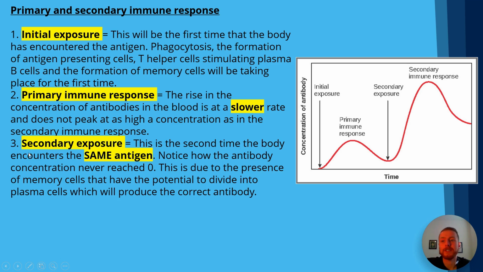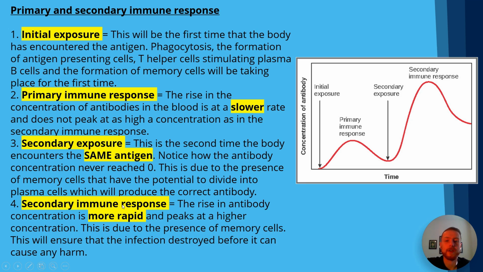Number three, secondary exposure. Now, as we mentioned, this is the second time the body encounters the same antigen. Now, notice how the antibody concentration never reached zero, which we said before, and this is due to the presence of those all-important memory cells. Finally, the secondary immune response. So the rise in antibody concentration is more rapid and peaks at a higher concentration. This is due to the presence of memory cells, and this will ensure that the infection is destroyed before it